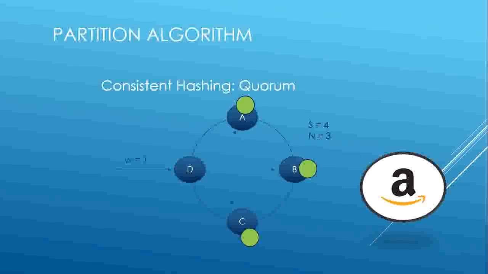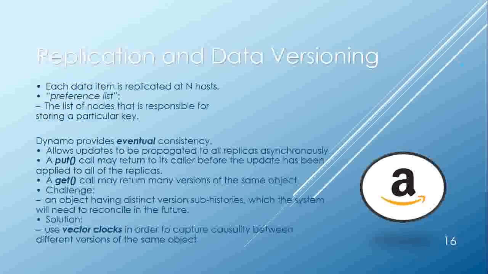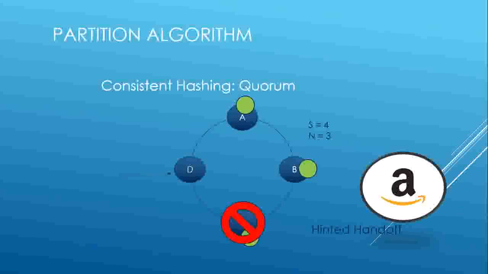Sloppy quorum maintains all reads and writes, whereas hinted handoff sends a hinted replica from a failed node to another node, which in turn keeps checking if the node is active again, and it then hands the data back to the original node. It erases the data from its local node. So this is hinted handoff. Moving on,